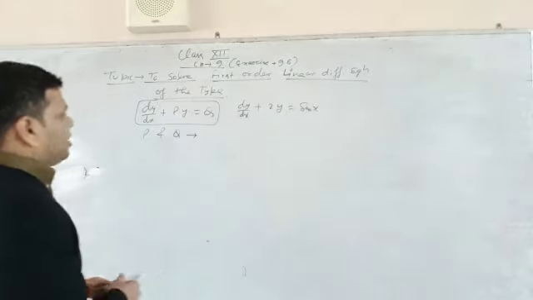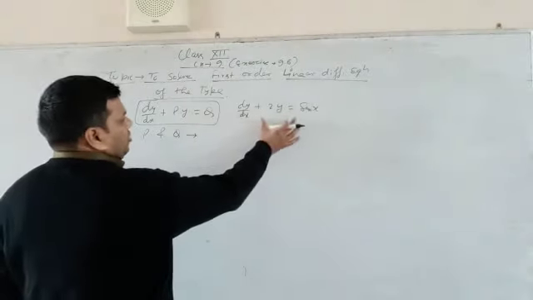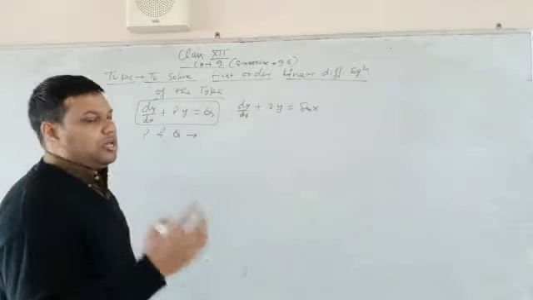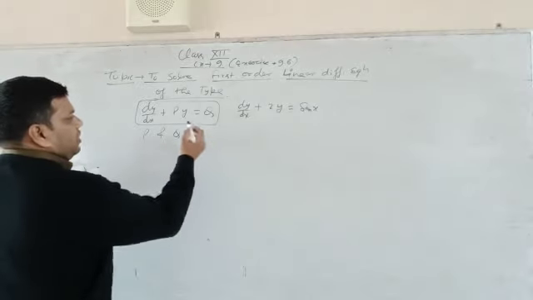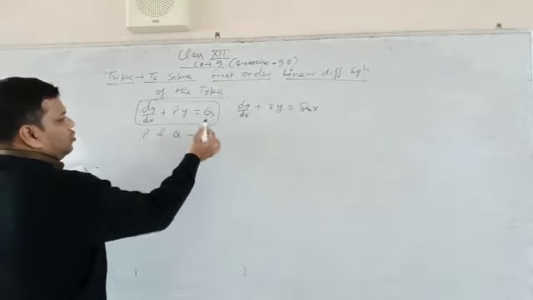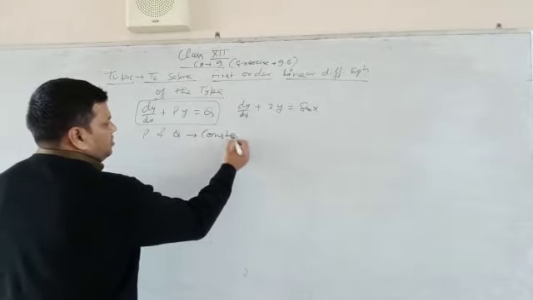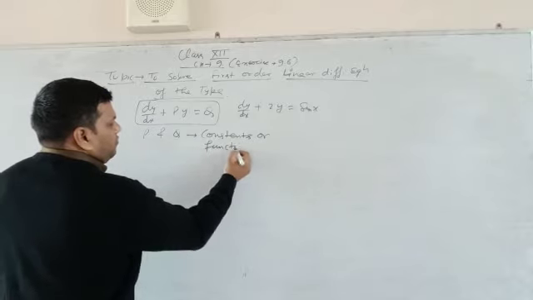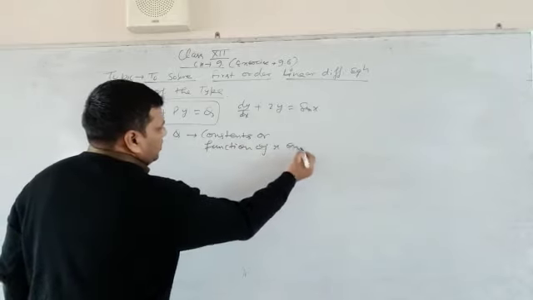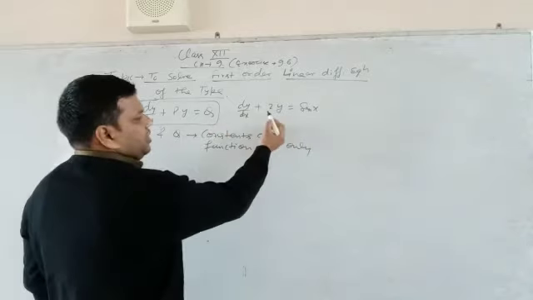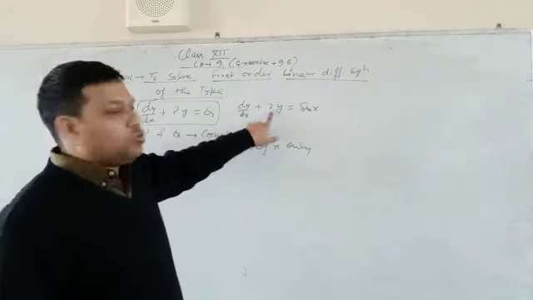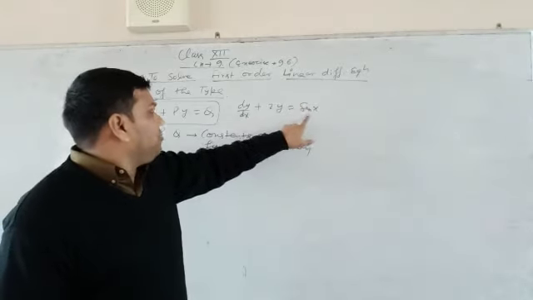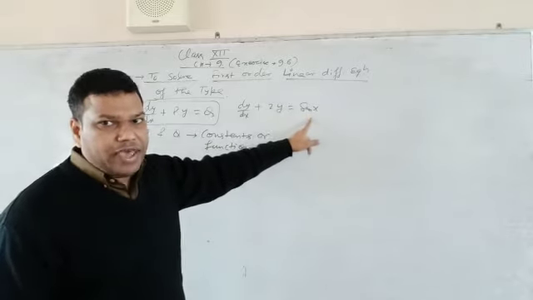So guys, you can see that I have taken a question of that type, but first of all you have to write two formulas for that. Here we can see what P and Q are. P and Q can be constants, or a function of x only. In this question, P is 2, which is a constant.